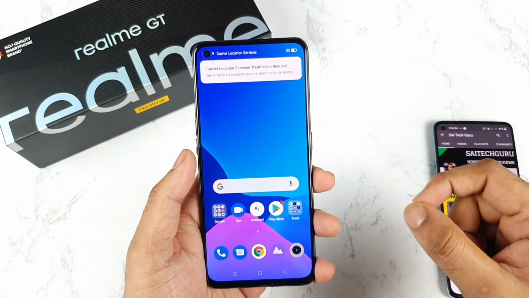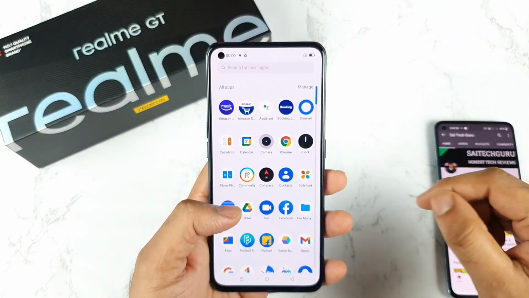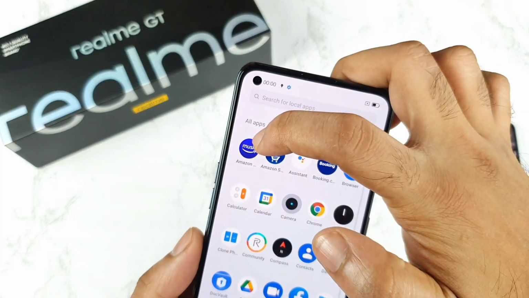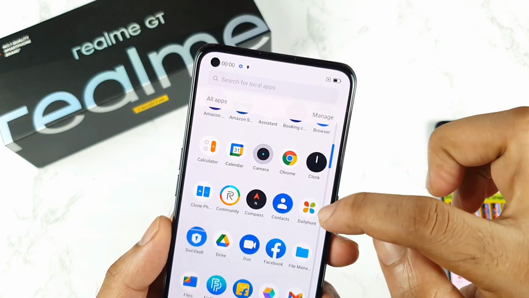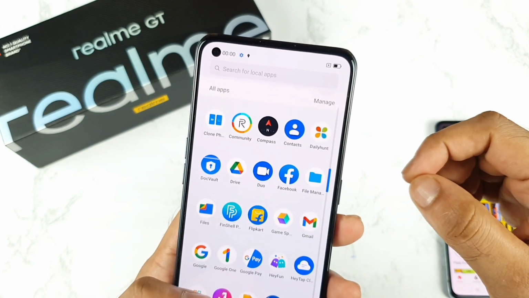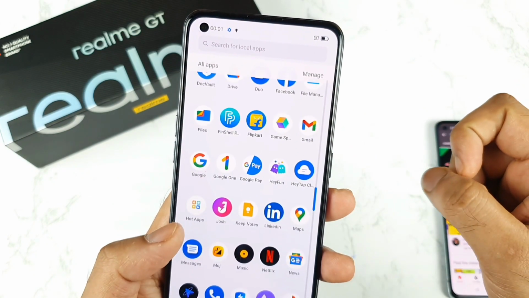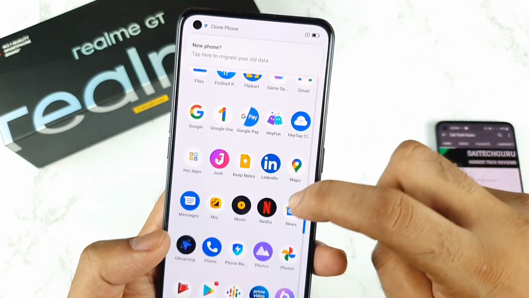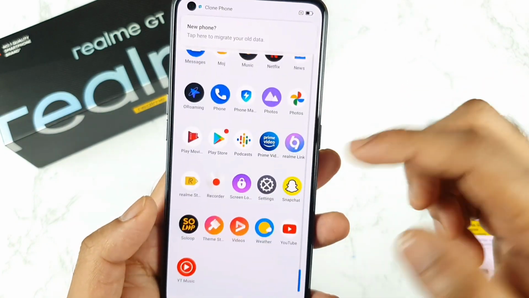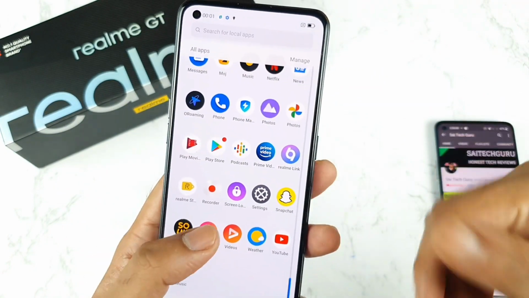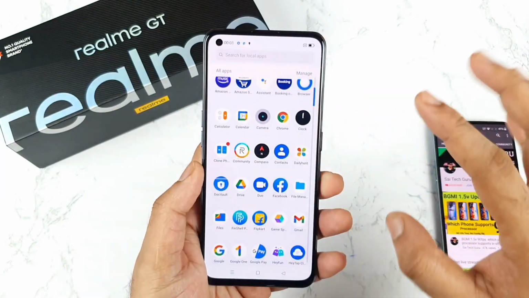The first thing is to check what pre-installed bloatware applications are present in this device. We do have Amazon Music, the Amazon application, and a booking application, as you can see, that's 3, and Daily Hunt as well. That's another 4 applications at this moment. Flipkart, we are actually seeing Flipkart as well. Google Pay and Netflix, Josh and Amazon Prime Video, Snapchat and Soloop. As you can see, there are plenty of other pre-installed applications which came along with the Realme GT device.